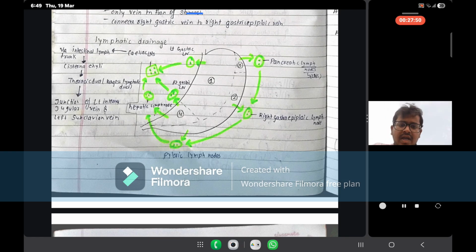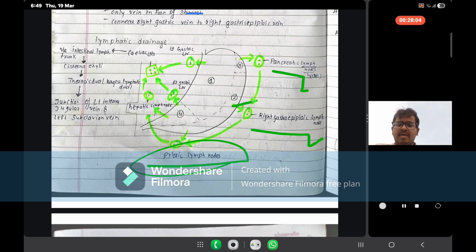From the third part we have seen the pancreatic lymph nodes. From the second part, which lymph nodes go? The right gastroepiploic lymph node, and the lower part of the second part is the pyloric lymph node. From the second part we have two: the pyloric lymph node and the right gastroepiploic lymph node. And from the fourth part it is the hepatic lymph node and